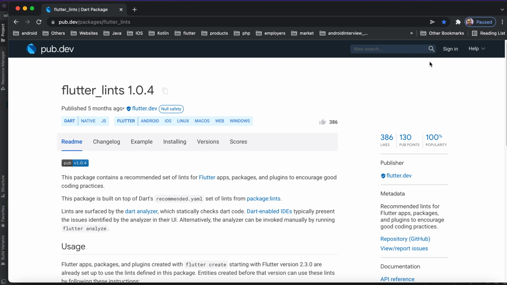Previously some developers used lints. That is also one, but this one is the best, because you don't need to write any rules yourself, they provide them for us.